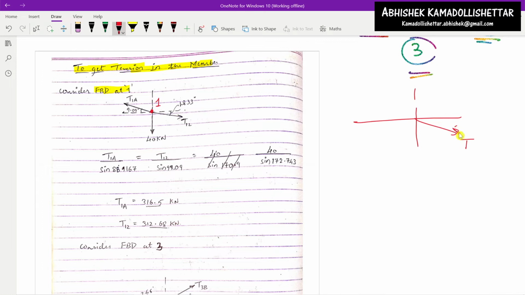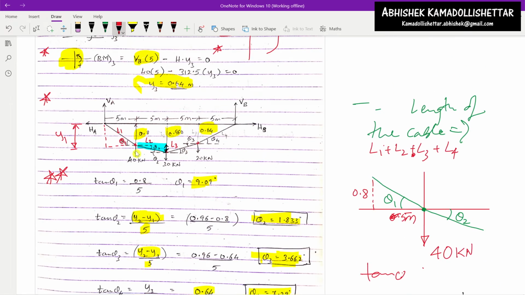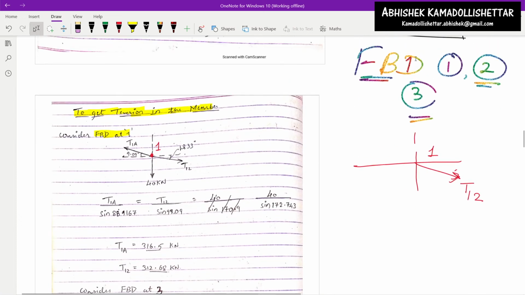So I will mention the tension value in the cable as T12, which means the location here is 1 and the next location is 2. So the value is T12. The tension in this cable is given by T12. And now similarly here T23. Now first one, T12, is the tension in this member. Okay, by using Lamy's theorem,